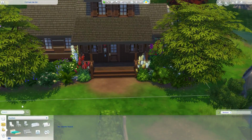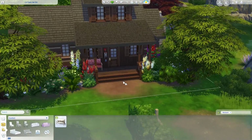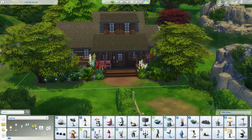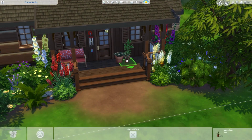I also used some stuff from Outdoor Retreat on this build, like the panelings that are on the outside of it. So this cabin would actually fit in pretty well in Granite Falls, so if you wanted to, you could put it in there and use it as a vacation cabin, although it might be kind of expensive to stay in because